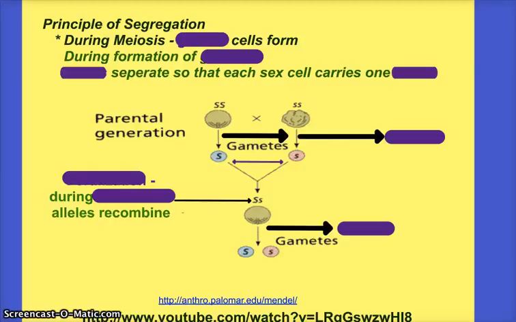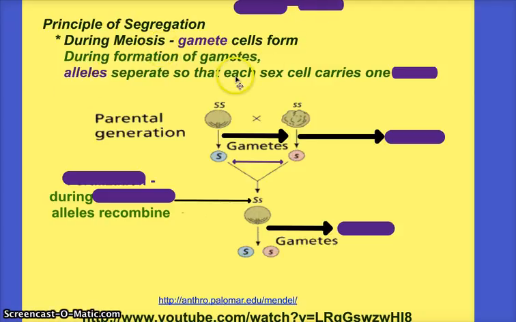Mendel also created what he calls one of his principles, which is the principle of segregation. And we're going to go back to what we learned earlier, which was meiosis. When meiosis occurs, gamete cells are made. And during the formation of gamete cells, as I taught you earlier, these cells have half of the information. So basically, alleles are going to separate during meiosis, and only one allele gets transferred